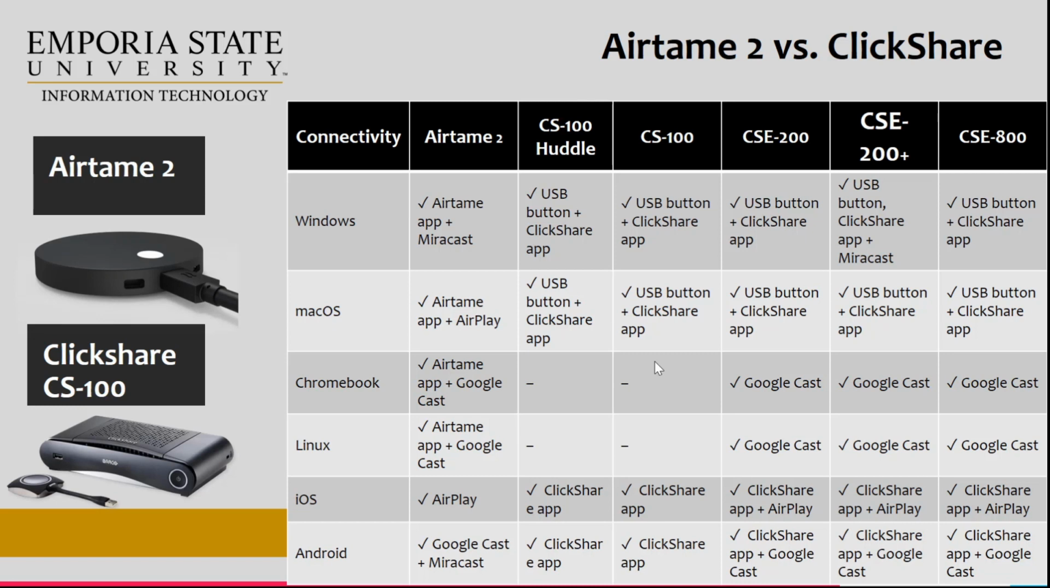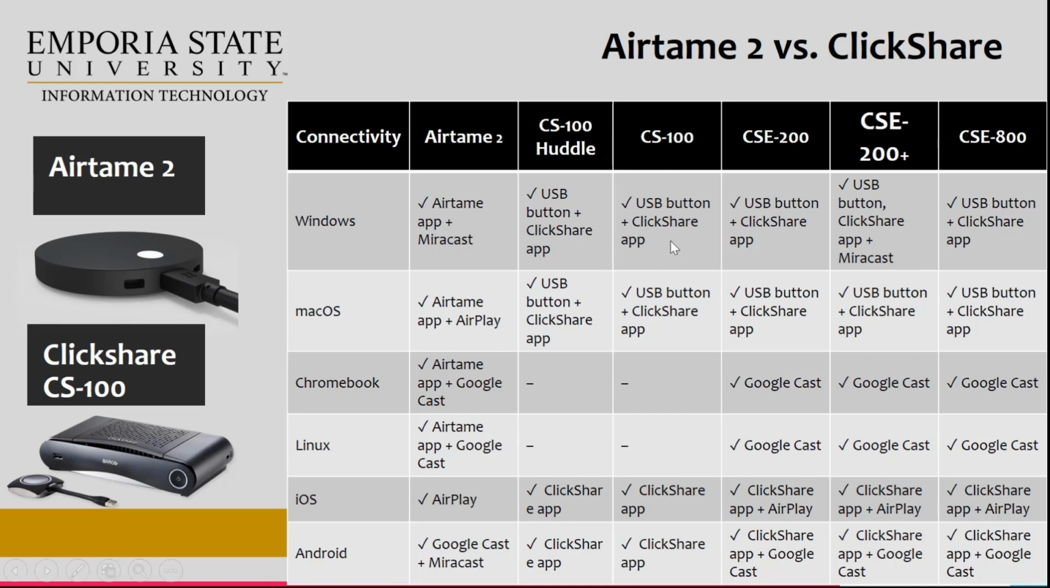What the cast functionality is, if you've heard of things like Miracast, Chromecast, AirPlay, AirServer, those are native casting applications that are built into certain manufacturers' devices. For example, Windows uses Miracast, Mac OS uses AirPlay, Chromebook uses Google Cast. So the Airtame has the ability to use those devices' native casting apps to simply directly connect to that wireless